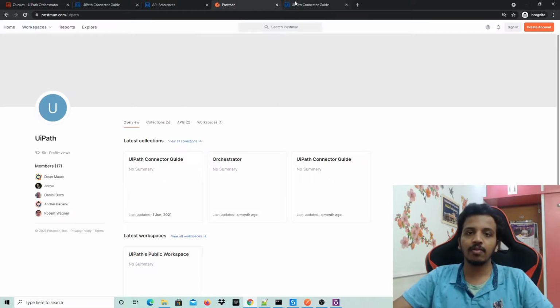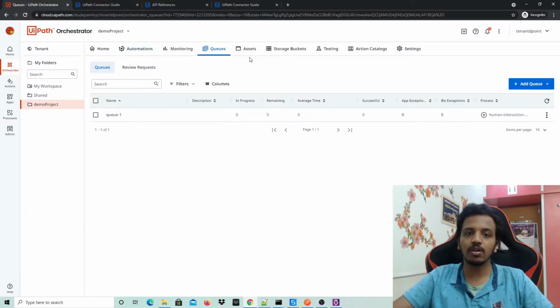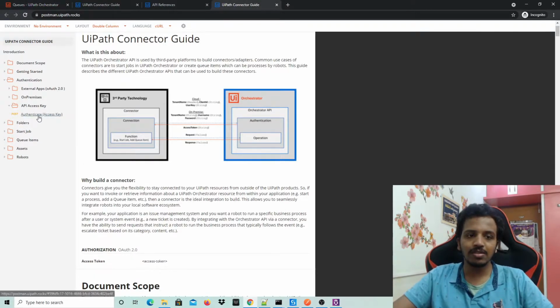We have a huge number of APIs, and we cannot learn or explore all at once. If you want, you can explore, but what I will be doing is naming this as part 1 of the API, and we are going to do multiple use cases. As and when whichever API is required, like APIs for assets, buckets, creating folders, queues or anything, we'll explore at the same time. As of today, this is the access key.